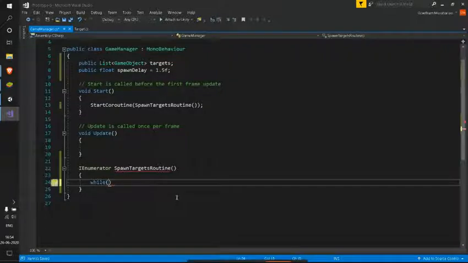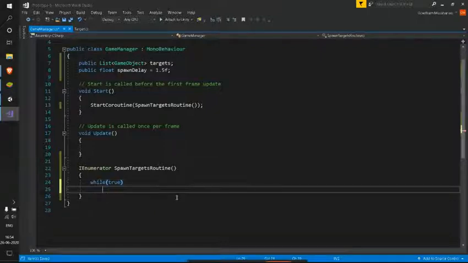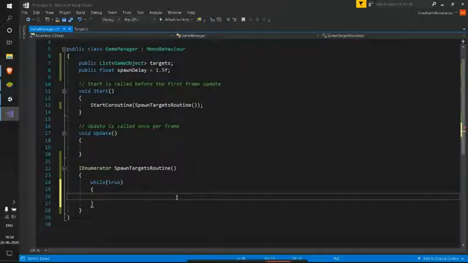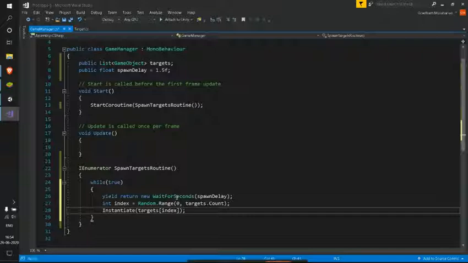See, for a while loop we need to give a condition, right? Obviously that condition will return a logical true or false. So here I have this value as true. This happens forever. So this is an infinite loop I'm creating in this coroutine.